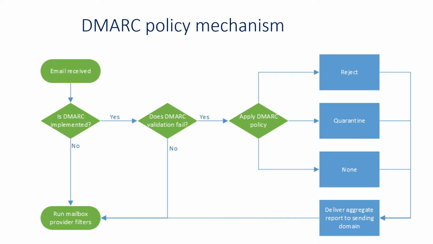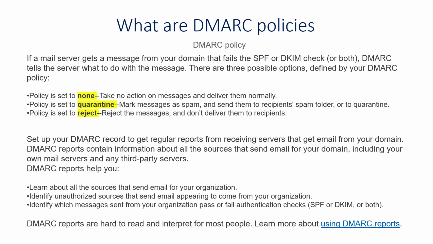So this is how DMARC works. This is a policy mechanism. This is an example. These are three policies you are able to see on the right hand side. You can pause the video and refer to this diagram. Let's see the next slide. These are three highlighted things: none, quarantine and reject are DMARC policies. Whatever policy you are setting, your email will be taken care of on the basis of your DMARC policies.